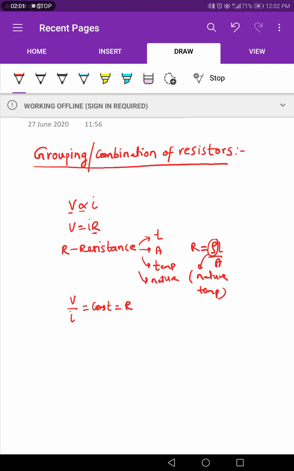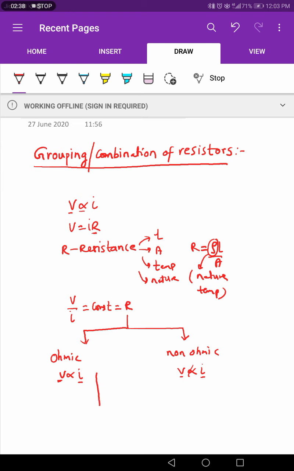After that we also studied the classification of devices based on Ohm's law: ohmic devices and non-ohmic devices. Sir, what are ohmic devices? Ohmic devices are those which obey Ohm's law, and non-ohmic devices do not obey Ohm's law. That means in ohmic devices, as the potential difference increases, the current also increases in proportion. But in non-ohmic devices, with an increase in voltage, the current does not increase proportionally.